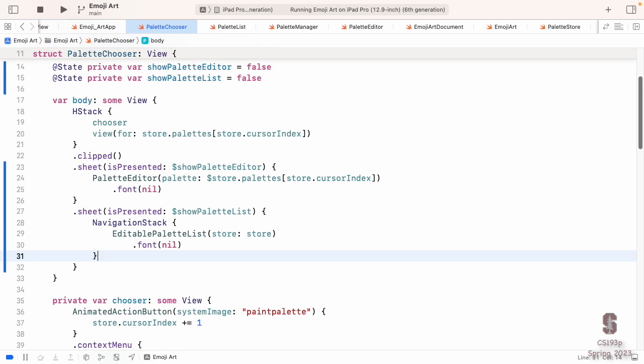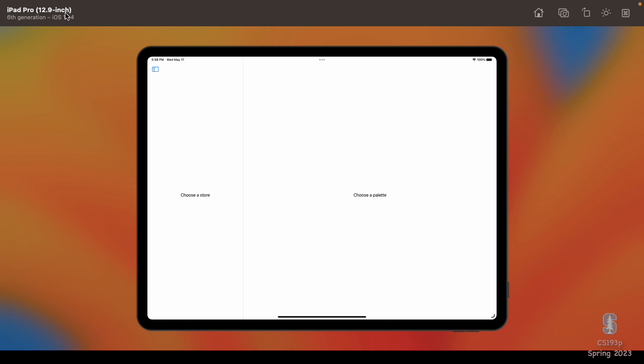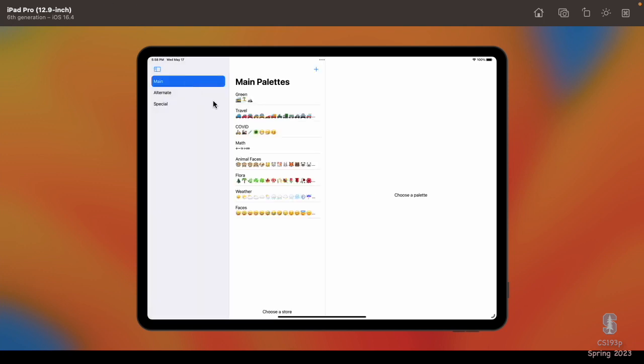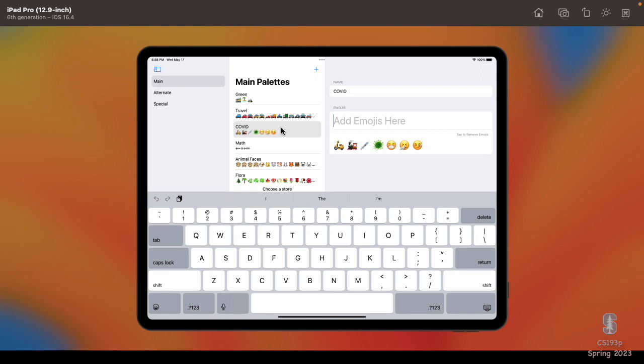But I did this because I wanted to show you that the navigation stack can be at a very high level. It doesn't have to be where the navigation links are. So it can be at this top level. And this frees up our navigation split view so that the navigation will work inside it. So we go here, go main, we click here, and now it can use this third pane instead of doing navigation stack on top of itself.